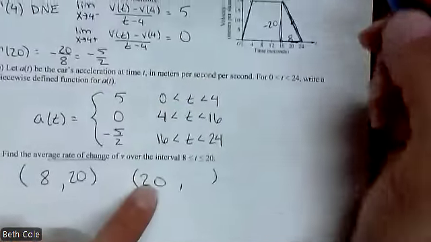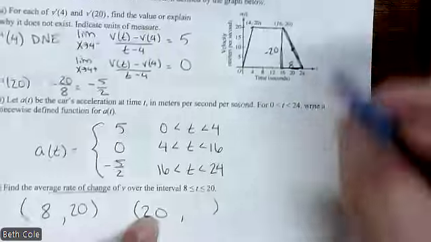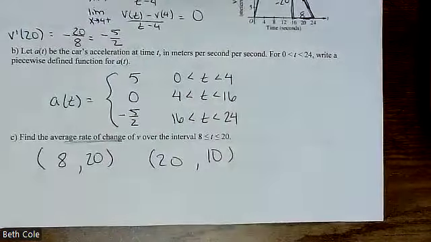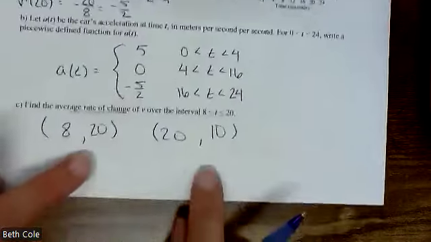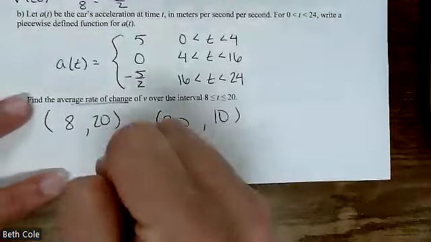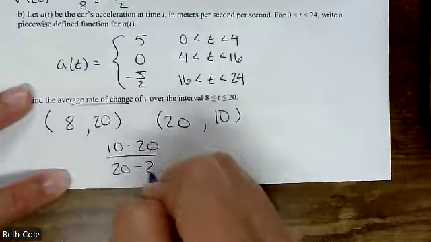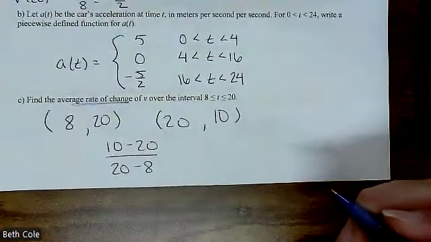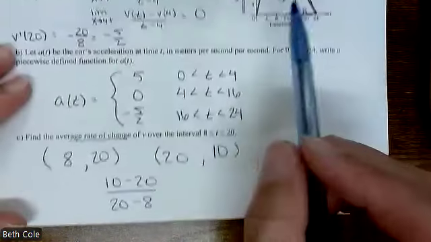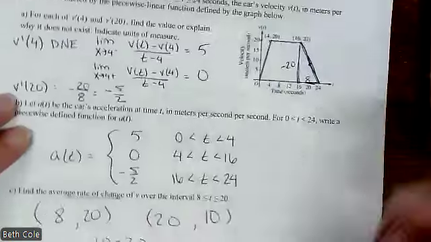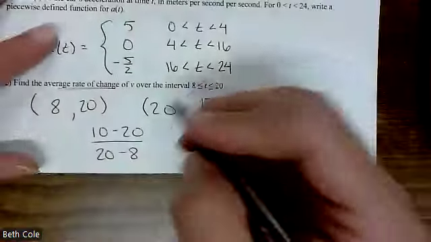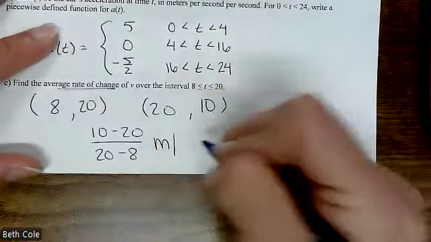And then what does 20 give you? 10? And then slope them. Set it up for me. What will our slope be? 10 minus 20 over 20 minus 8. And what are you going to do to that? Nothing, but we do need units. Velocity was meters per second. We did a slope of that. So meters per